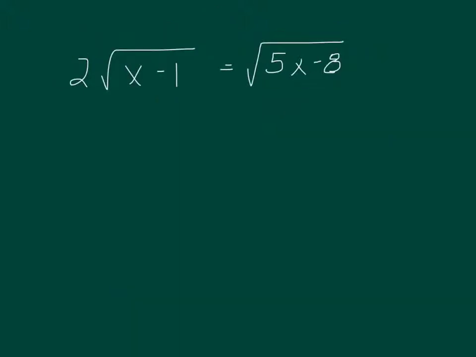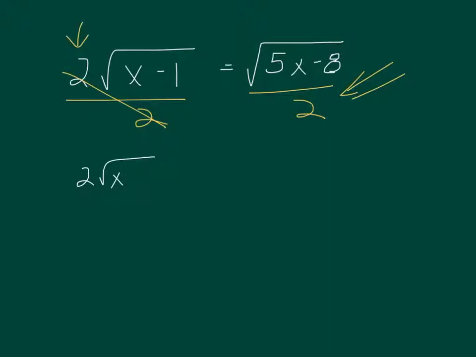Now, when we go to square both sides on this problem, we do have this 2 here, which is a problem. If we try to divide both sides by 2, we do get rid of it on this side, but we end up with this nasty fraction over here. So in this case, we don't want to divide by the 2. So if we go back to the original problem,